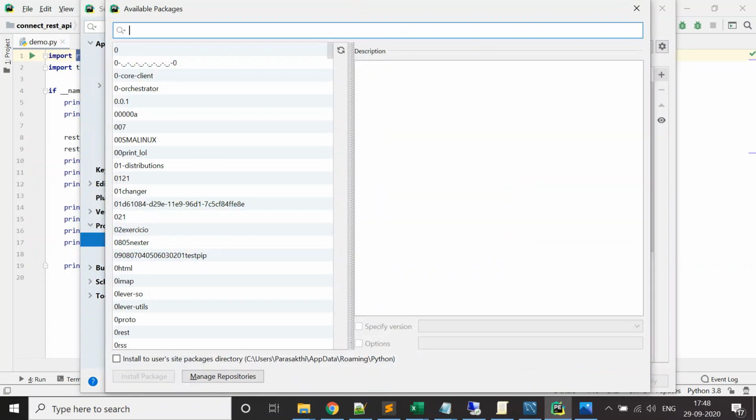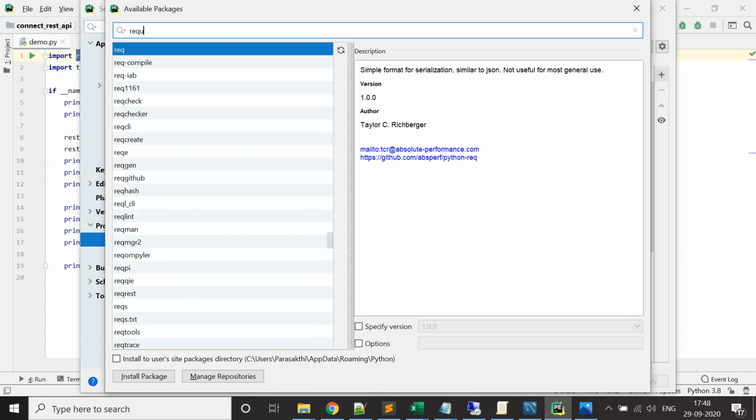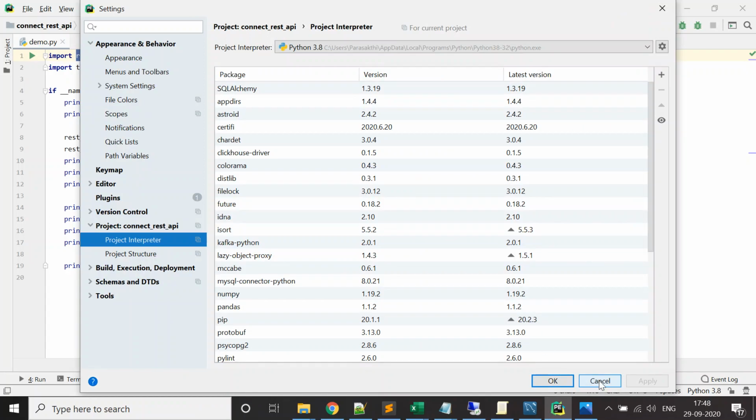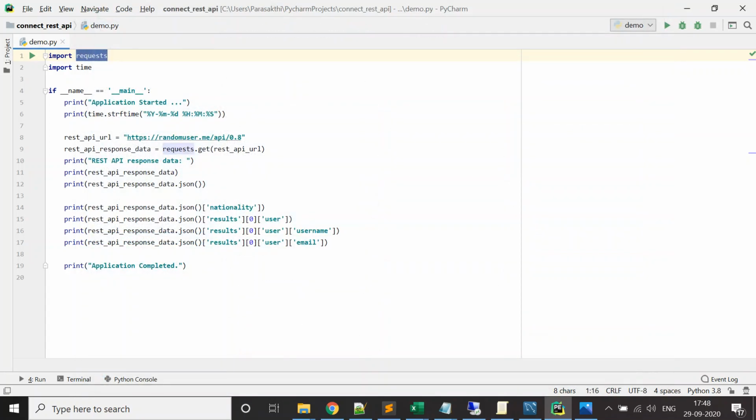You can type requests here, and it's already installed. Otherwise, you can click on install to complete it, or you can use the pip command, pip install requests. This will install the package.